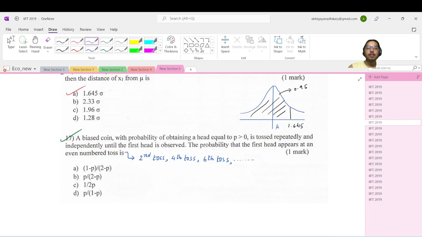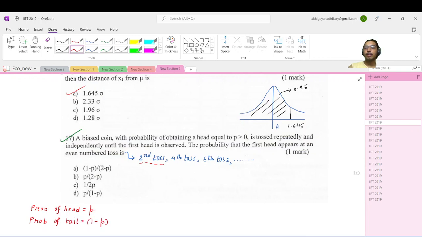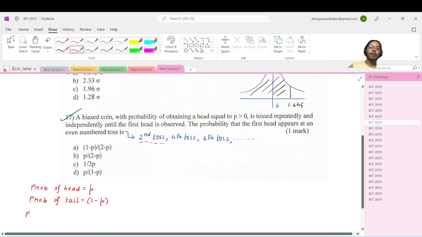Therefore, it is interesting to observe that they are asking us to find the probability where the first head occurs. So if I am sticking to the case where we are looking at the head occurring in the second toss, that means it is obvious that in the first toss a tail had appeared. So let us just jot down the information. Probability of head is equal to P, probability of tail is equal to 1 minus P, right? Probability of head in second toss